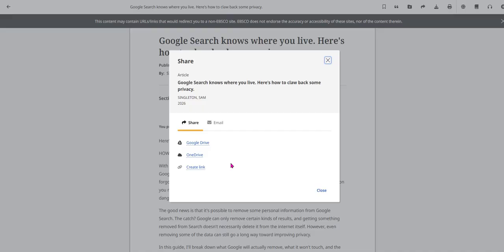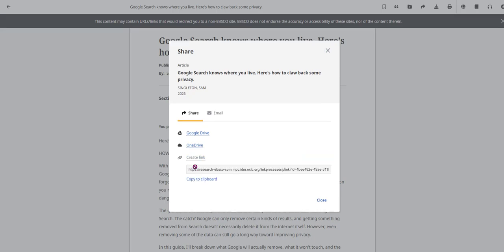This is very important though. You ever see these little chain links right here? It says create a link. If you're going to copy a link to the article in any database, always look for this and find that link right there. So here's the link to the actual article. I'm going to copy and save that into my notes, and therefore I have a direct link back to this article. Okay, you might have to be logged into Lobo apps to get to the article in the database, but